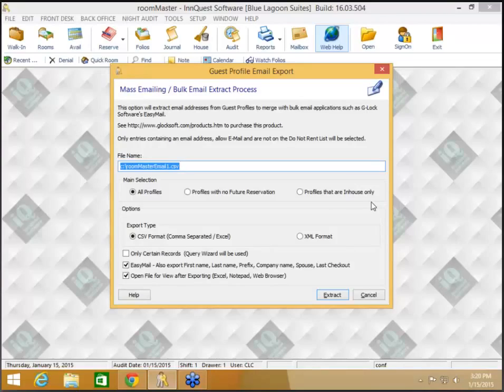So if you are creating an export of email addresses, and this is if you're using some type of mass email program such as EasyMail, you can select only profiles that have no future reservations. So maybe you're trying to send out emails at the beginning of the season and you only want to send guests marketing emails or come stay with us again emails, but you don't want to send that to guests who already have reservations on the books. So you could say profiles with no future